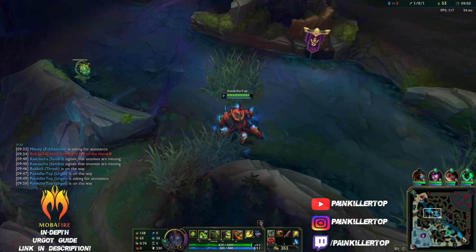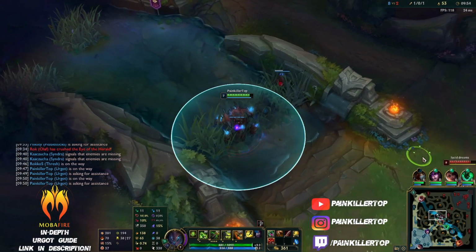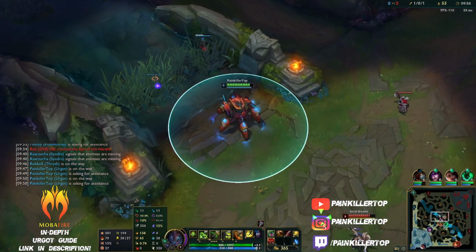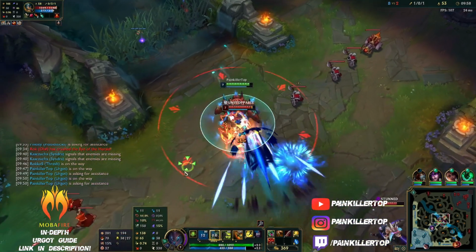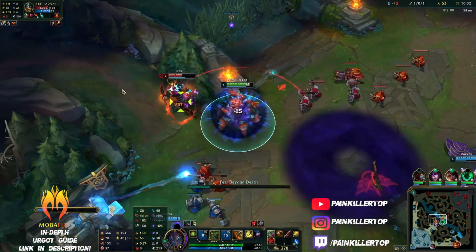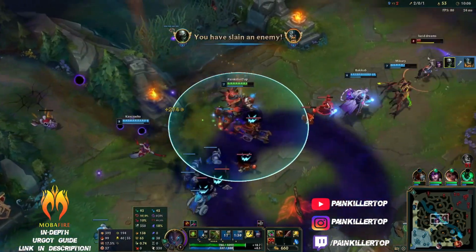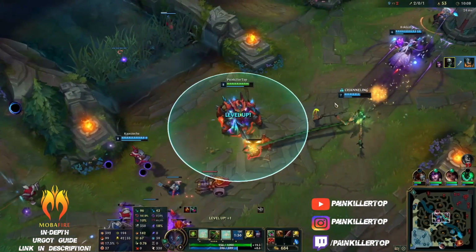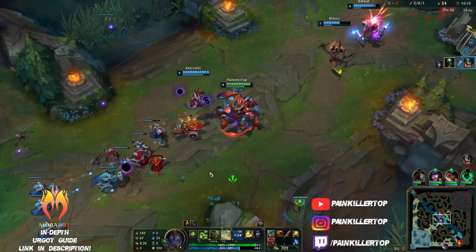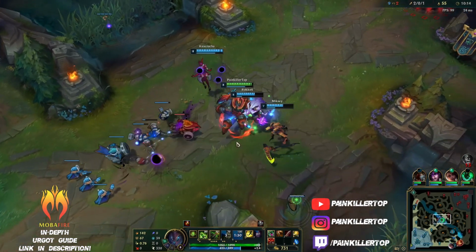Right, we'll try and get a kill here maybe. Try and cut the Akali and Olaf off. Easy kill. Somehow we've managed to outroam a Quinn. I don't know how that's possible, but...